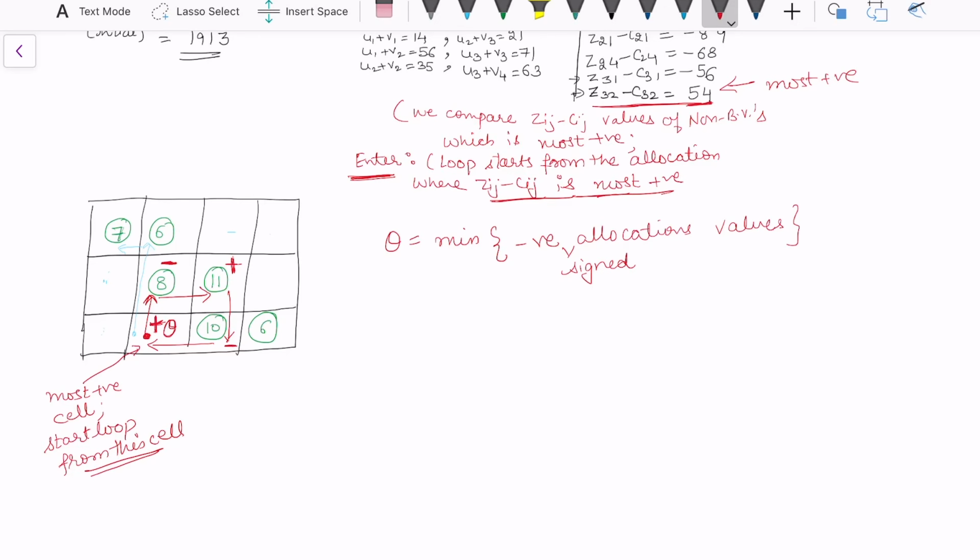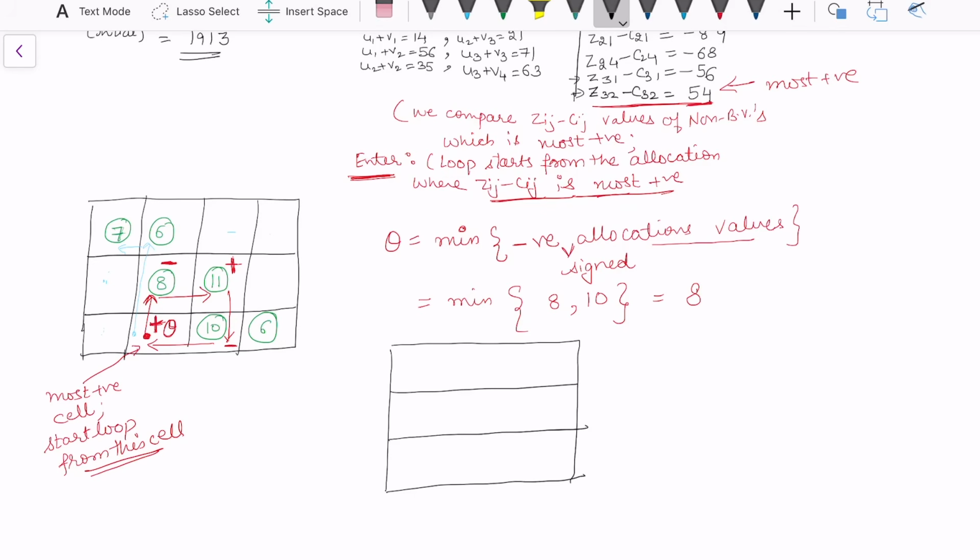And what is the value for theta? Theta is the minimum of negative signed allocation values. What are the negative signed allocation values here now? Let's see. In that loop, wherever you got the negative, we got it at 2 places, at 8 and at 10. These are the 2 allocations which got the negative sign. So you need to choose the minimum among these. This is 8. So minimum is 8, and so my next allocation becomes,